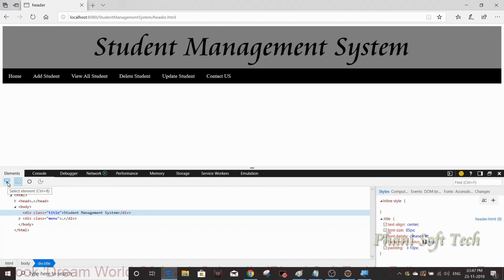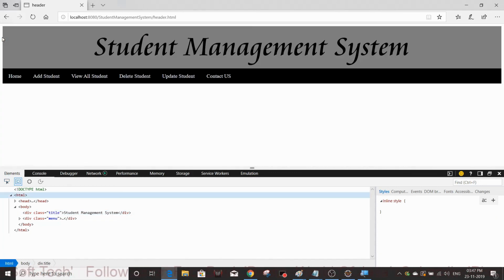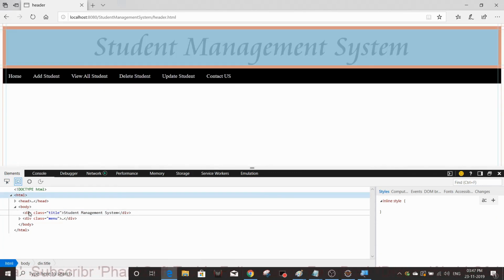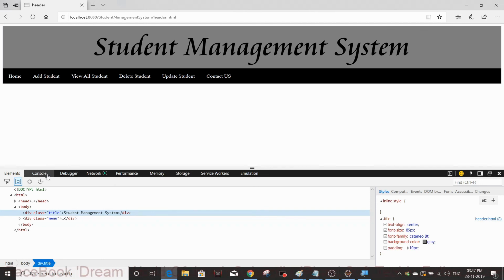This is the selector. You can select the entire div. This is the HTML, this is the head, this is the body, and this is the div. I want to decrease this margin, so just select this div, and this is the styles part on the right side.